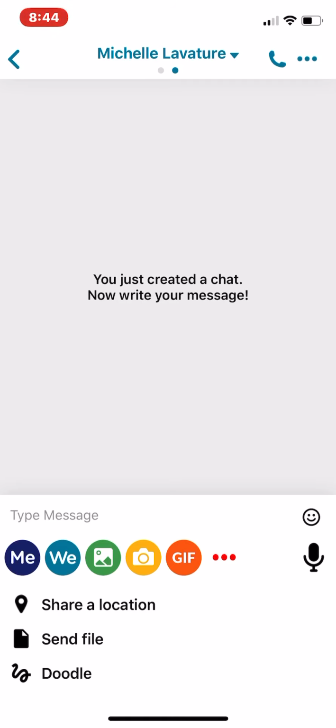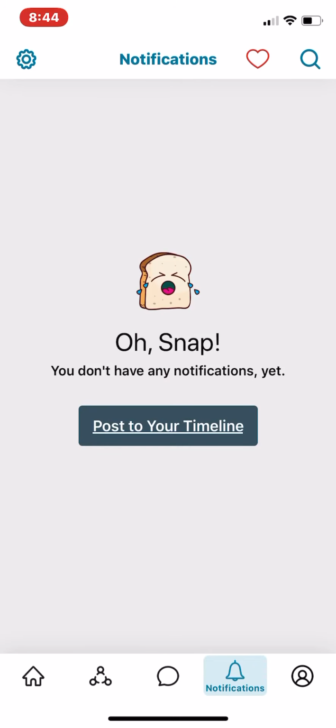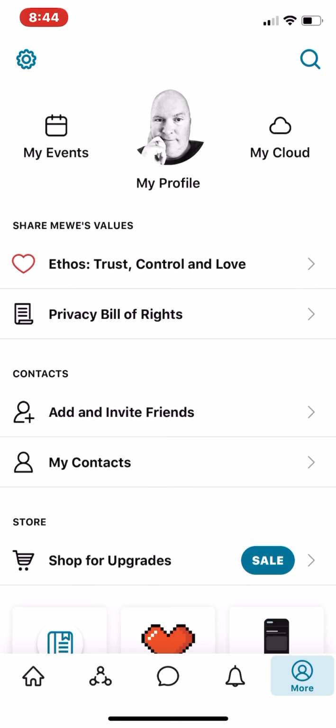And as you can see underneath the little emoji thing to the right, I can give audio files to this particular person. Right here are the notifications, and of course I'm new, so I'm not receiving any notifications. And right to the lower right-hand corner, we see our hub. Now, I have signed up for the premium membership. It's free. You can get on there and you have 8 gigs,